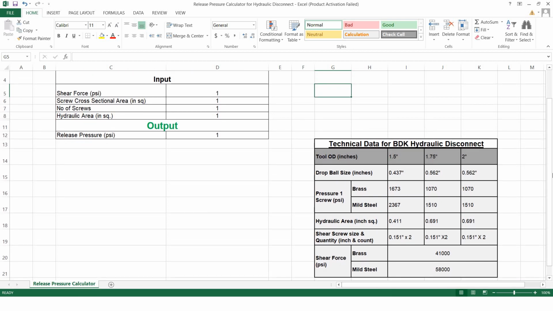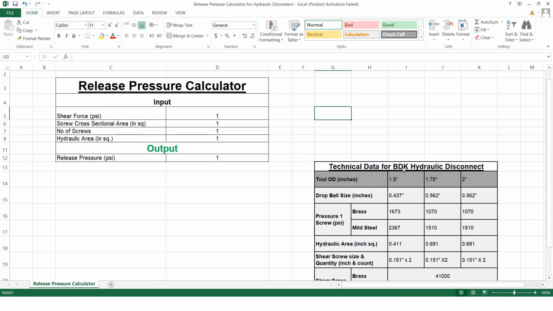The first one is brass and the second is mild steel. If the material is brass, the shear pressure will be 41,000 psi, and if it is mild steel it will be 58,000. For example, we'll just consider that we are dealing with shear screws made of brass. So the shear force will be 41,000.